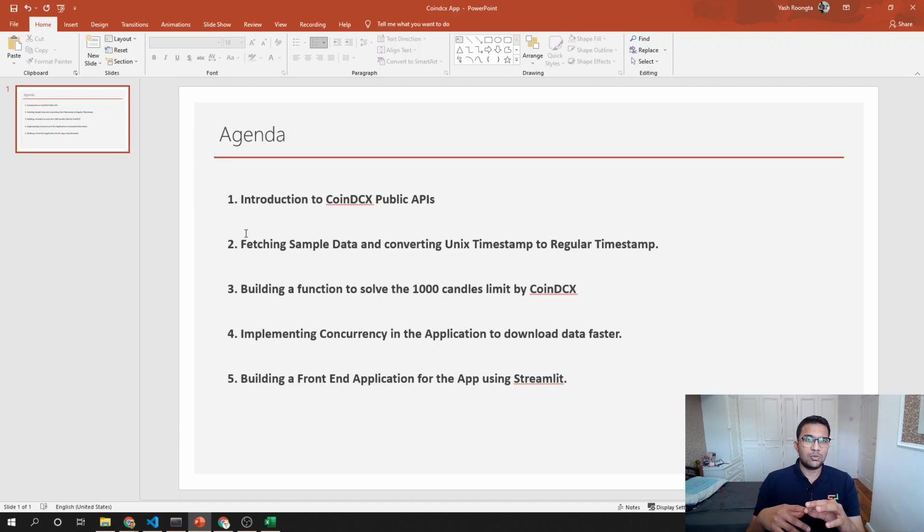So let's say you're fetching 1 minute worth of data from midnight 12 a.m. At max you can only fetch data till 4:40 p.m. for that day, just because 1,000 candles get over. So we need to figure out a way to make multiple API calls to fetch that data for our given time horizon, and then we'll finally build a front end application using Streamlit, which you just saw